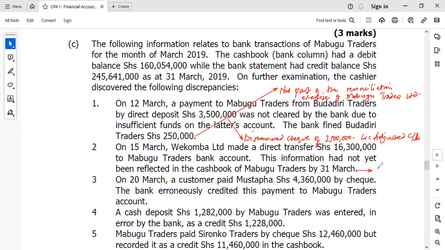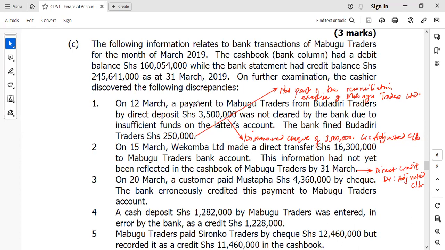This was a direct credit made, so debit your adjusted cash book. Simple. There was a direct transfer made by Wekomba to Mabugu Traders' bank account, but this information has not yet been reflected in the cash book by 31st March. So when you are updating the cash book, you debit this amount of